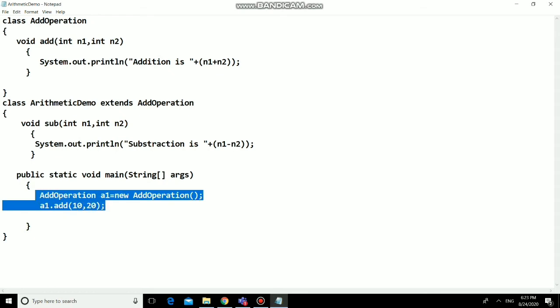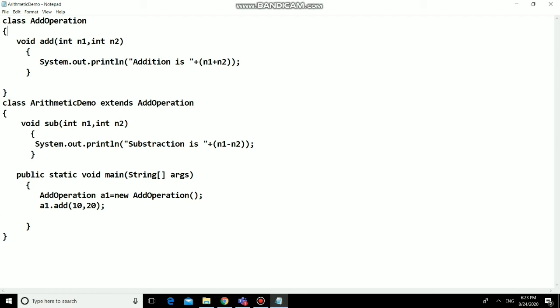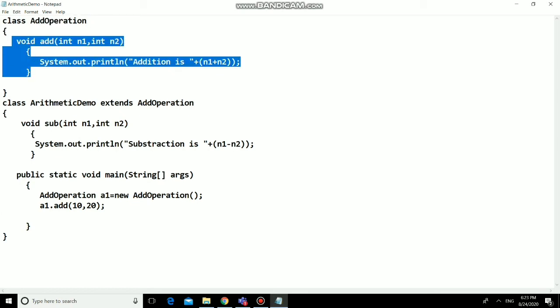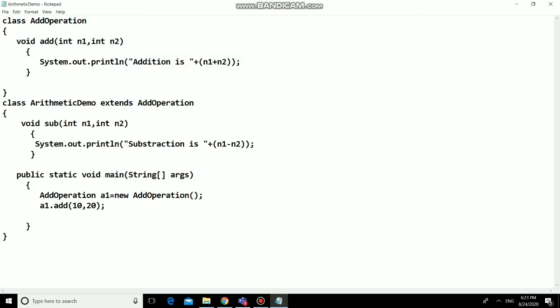The drawback is that the object of the AddOperation class can call only its own method, because there is inheritance. This class is a parent class. The object of a parent class cannot call the method of the child class. The object of the child class can call its own method as well as the method of this parent class. Okay, create an object of the child class.